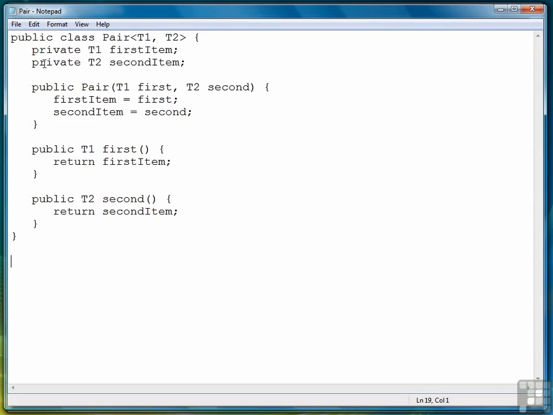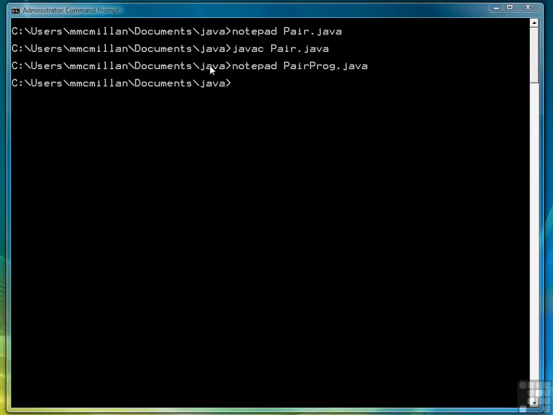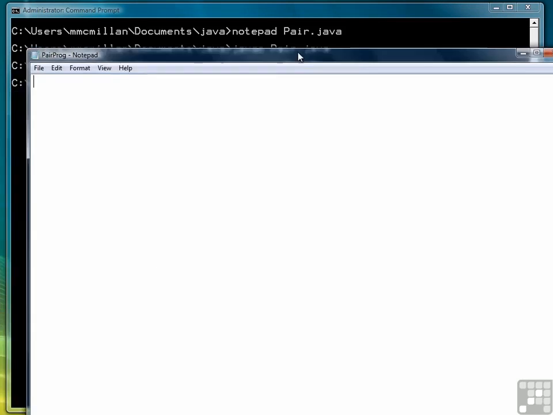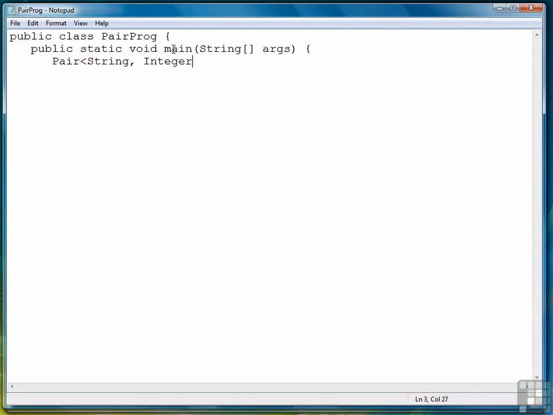This is all we need for the class definition, so let's go ahead and save our file, bring the command prompt window back up, and let's compile it, make sure it works okay. And it does. So now let's use the class, so we'll create a program called pairprog.java. Once we get main defined, we'll create a simple pair using string and integer to demonstrate how the class works. So for example, we might say grade 1,